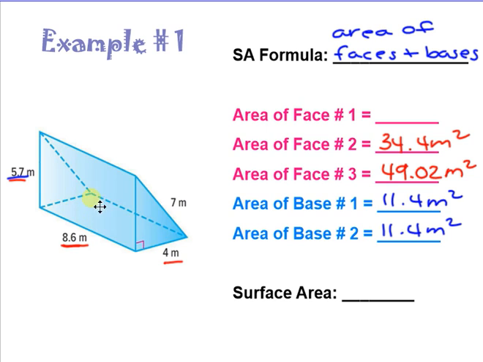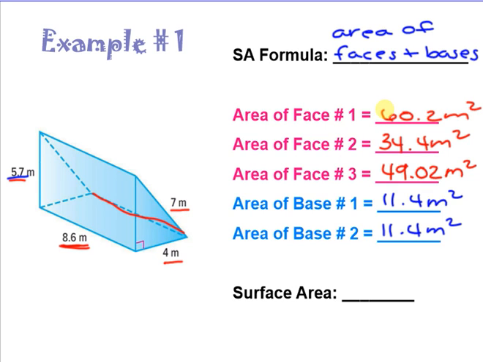And then I'm going to do this rectangle here that's sort of slanted, that's facing away from us. So this bottom length right here is the same as this right here, which is 8.6, and then times this side length here, which is 7. So 8.6 times 7, and that's going to be